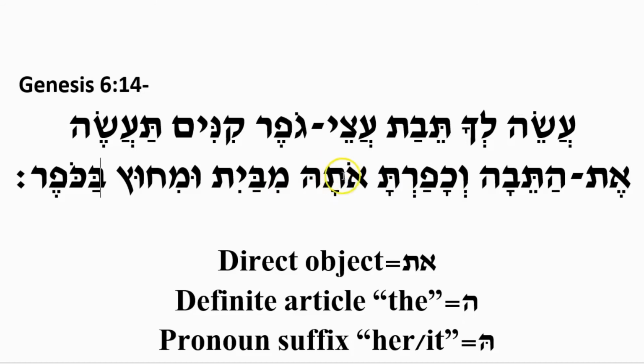Direct object particle here, the et, and then the pronoun suffix ota. You should cover it. Mebait, from the inside, meaning the inner part of the boat, the ark. U and mechutz, and from the outside. Ba with kofer, with pitch.